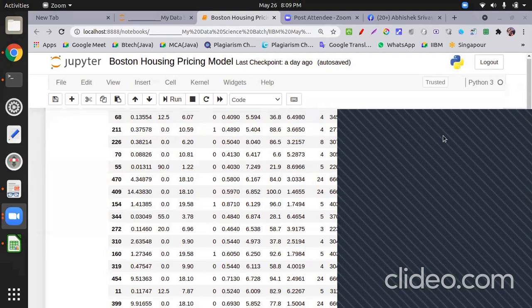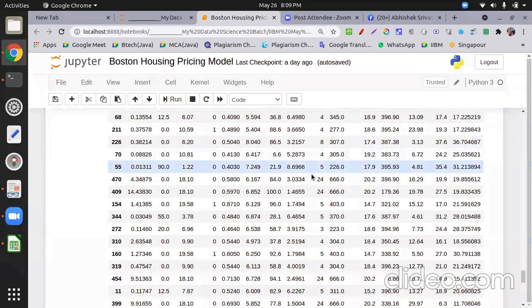Please do not consider this a finished model. We will return to this model many times, because we have to implement a lot of techniques. I will teach you label encoder, because there is no string data here. I have to teach you normalization, scaling of data, and data imputation. And I have to teach you the correlation matrix and how to do feature selection. So this is not finished.